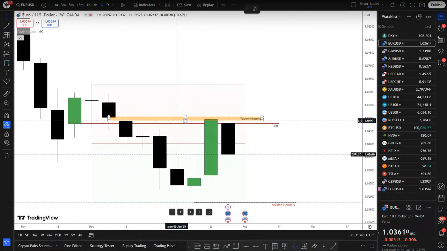The second thing that matters here is that last week, we opened and pushed higher above the previous week's high, but failed to close above it. This week, we will be expecting a bearish move. For those of you who trade CRT, this will be the exact same thing that we're looking for in this case.